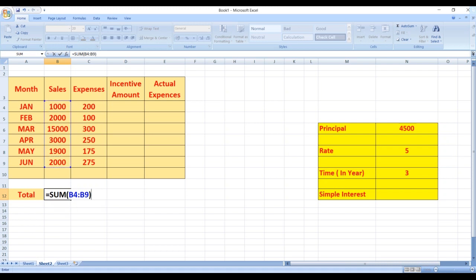See, as I have mentioned, from where I want it, from January month till the June month. So I have mentioned only those two cell addresses, and in between the two cell addresses I have mentioned a colon sign, and I'll press an enter key.